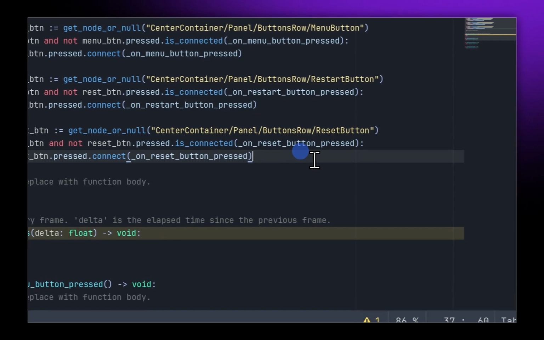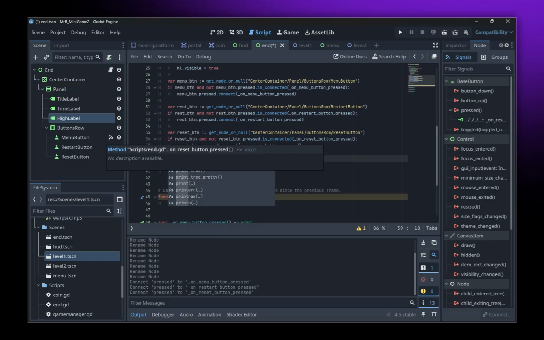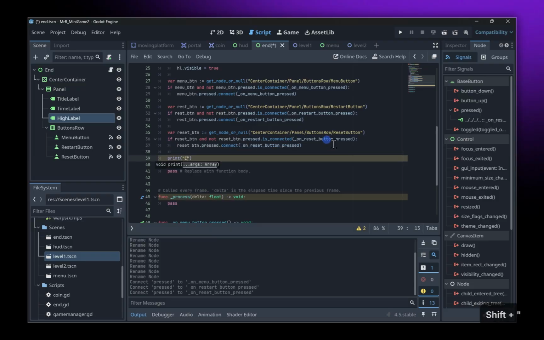And then let's just add a print statement. And debug. Okay, so we're going to say end for our end scene. Final. So we want end in brackets, then a space, then final, then colon, and then quotations. And then we're going to put a comma,